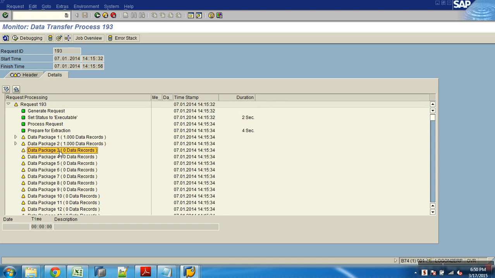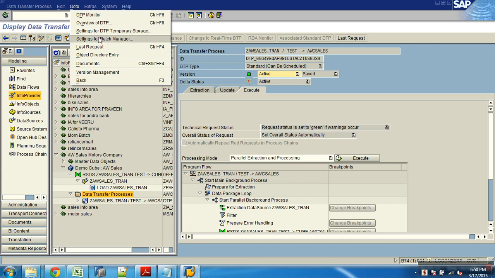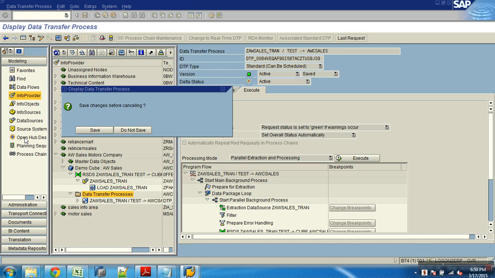Next it will start 3, 3, 2, 2, whatever it is. It depends, because in the DTP I would have set a property in extraction settings or batch manager, something like the number of processes, say 3 in parallel. We'll see all these properties later.